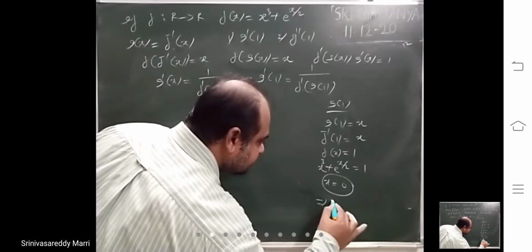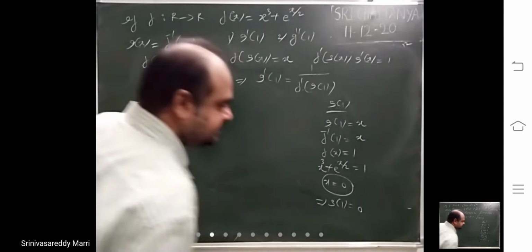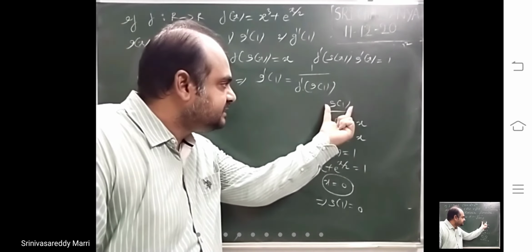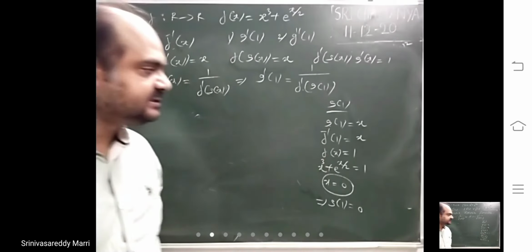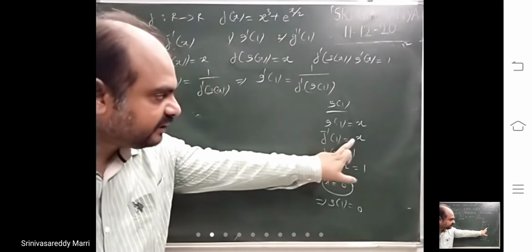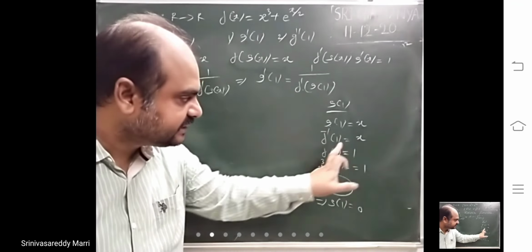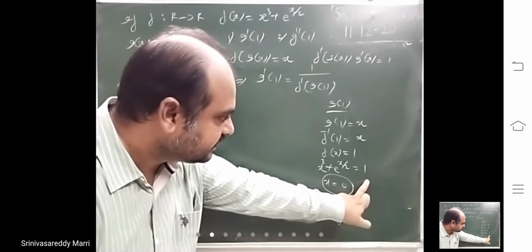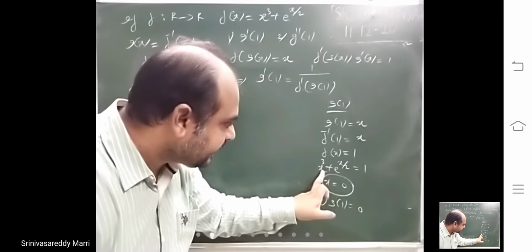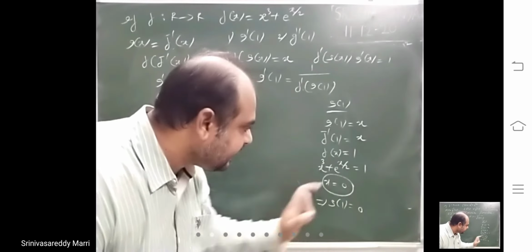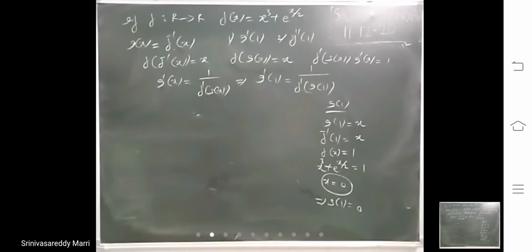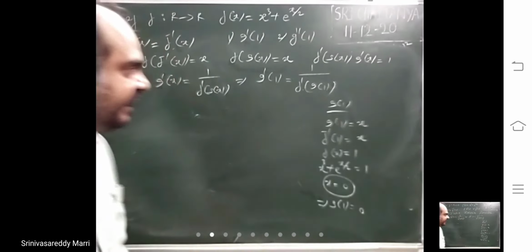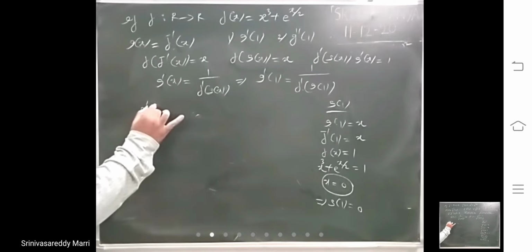That implies g of 1 is 0. Here we want g of 1. How to calculate g of anything: take that as x. G of 1 is nothing but f inverse of 1, that is x. That means bring that side, f of x equal to 1. F of x is this. You form the equation and take the x value such that this is equal to 1. By trial and error, x equals 0. X is nothing but g of 1. That means g dash 1